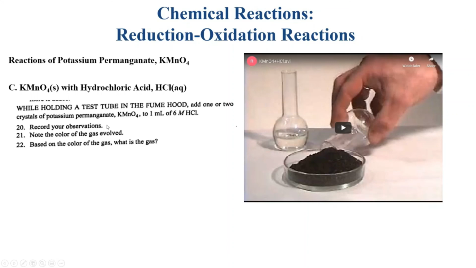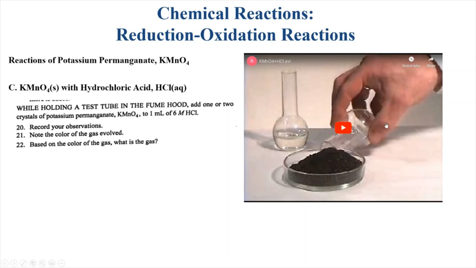So it says, while holding a test tube in the fume hood. Now, whenever we ask you to do something in the fume hood, there's a pretty good bet that some kind of gas is going to get made, because that's what fume hoods are designed to dilute and to get rid of. So we're going to add 1 or 2 crystals of potassium permanganate to 1 ml of